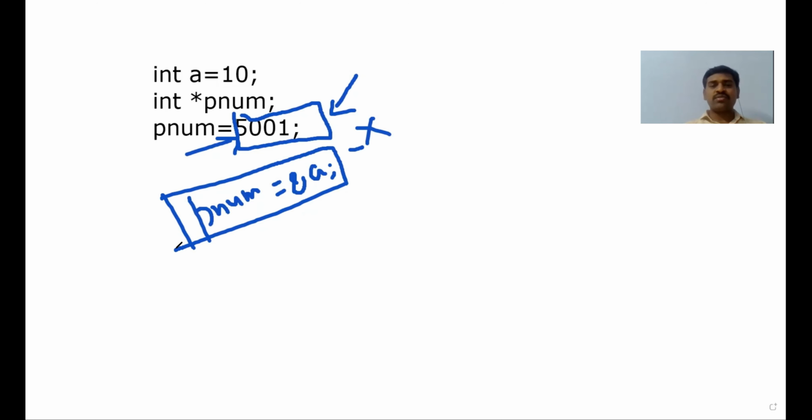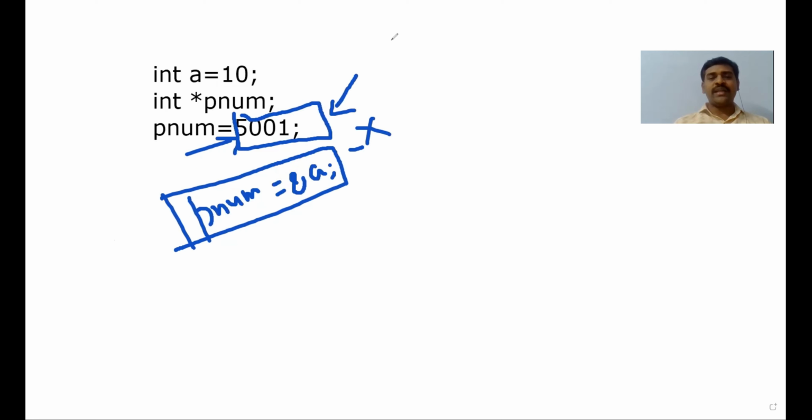And then we have seen an example, and we told you how to use the pointer variable in our program. First we declare the variable, then we declare the pointer variable, then we assign the address of the variable to the particular pointer. So this is the information related to usage of pointer variables and the amount of memory required for a pointer variable.